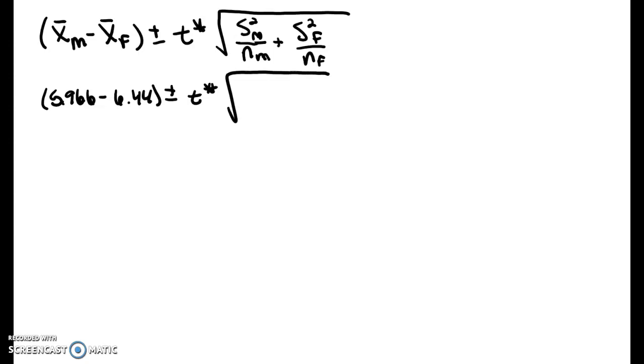S for the males, I have 1.426 squared for 29 males plus 1.227 squared over the 25 females. So we could find T star at this point from the table, plug it in. It would be considered, again, our conservative